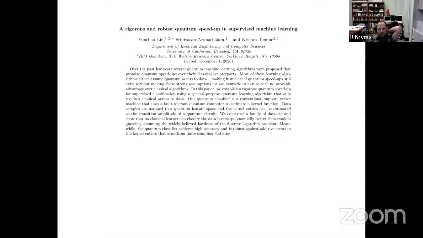And this is sort of saying that if we need a quantum computer to solve the discrete logarithm problem faster, or with a quantum advantage, then the classification problem that derives from it is also going to require a kernel that will have a quantum advantage. But these sort of examples are not really useful, because what we really want is to see if quantum machine learning is going to be useful for anything practical, for practical applications at the end of the day.